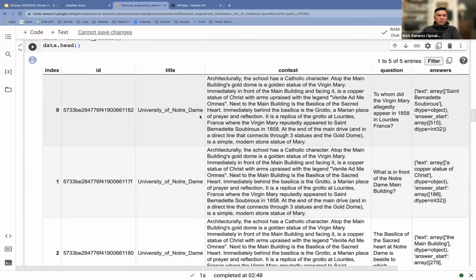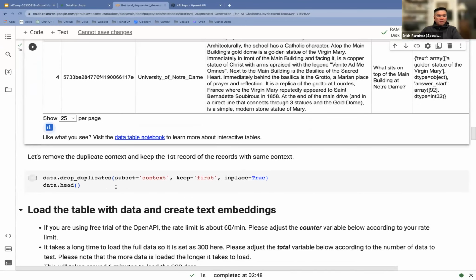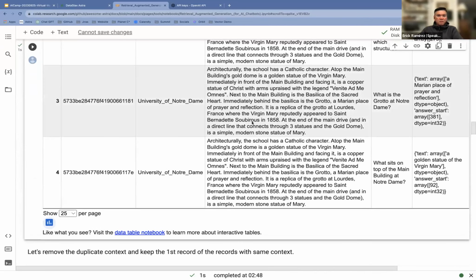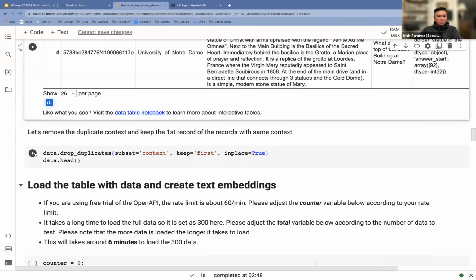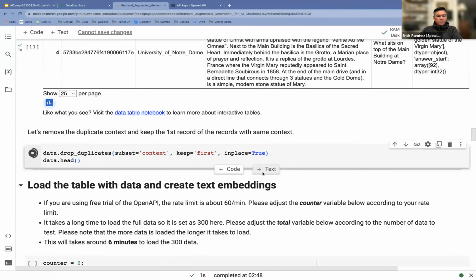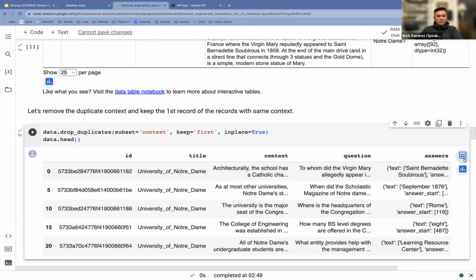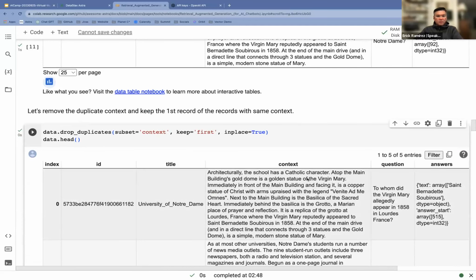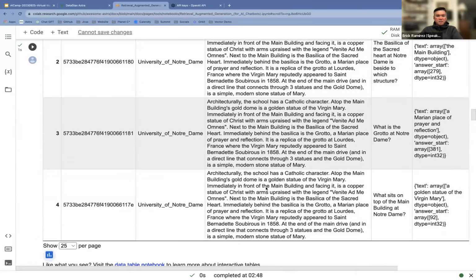So we're gonna go and simplify our data set, and we're gonna remove the duplicates. So we only want one title, one context. So that's what this step is doing. We're just doing a bit of a cleanup. And so if you look here now, we've only got one context, whereas if I scroll up here, you've got 5 of the same context.